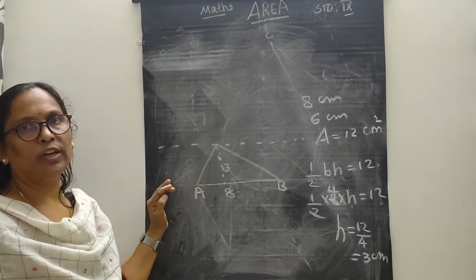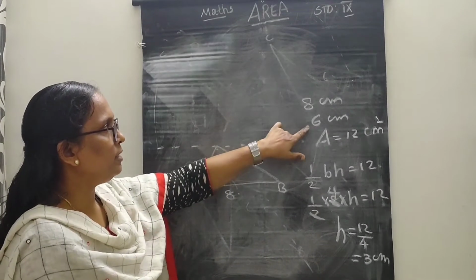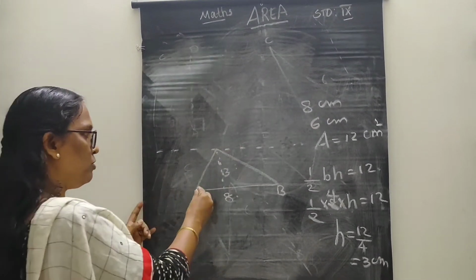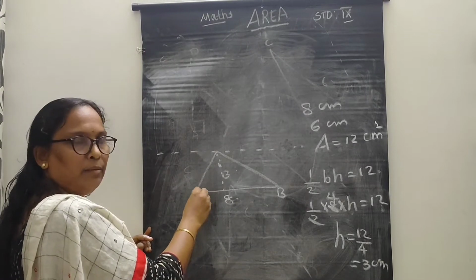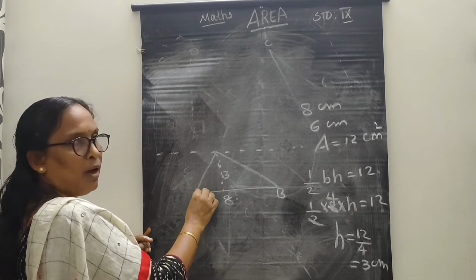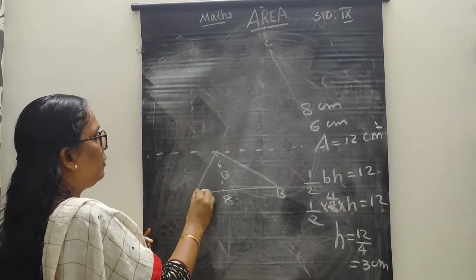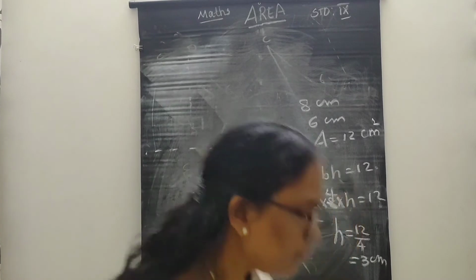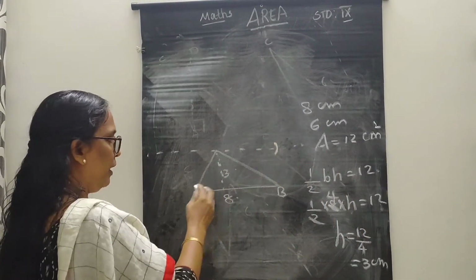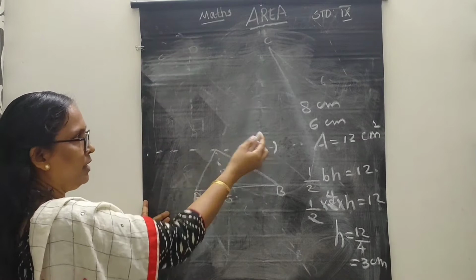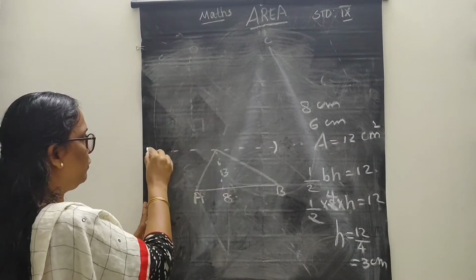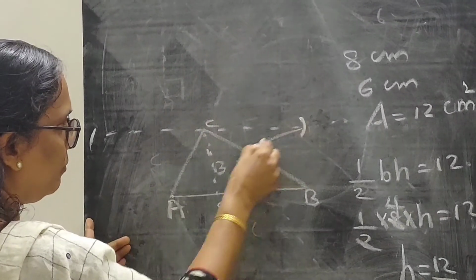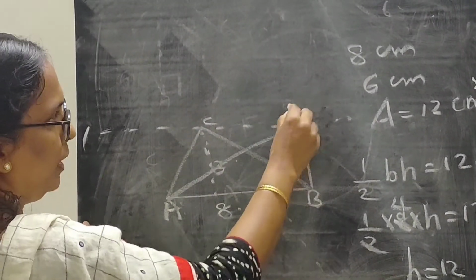Where is the position of that third vertex? Here it is given the second side as 6 centimeter. So using your compass, take 6 centimeter measure in the compass. We can mark an arc like this. That is from here 6 centimeter, it will be here 6 centimeter. And we get one more side, one more length of 6 centimeter. On this side also we get one point. That is, if you join this one, we get a triangle ABD.